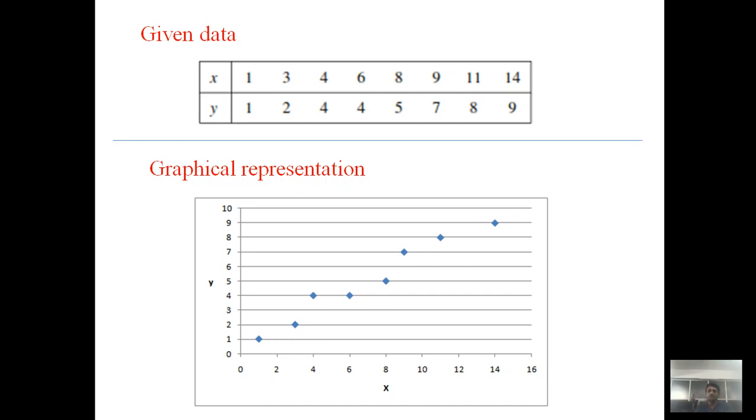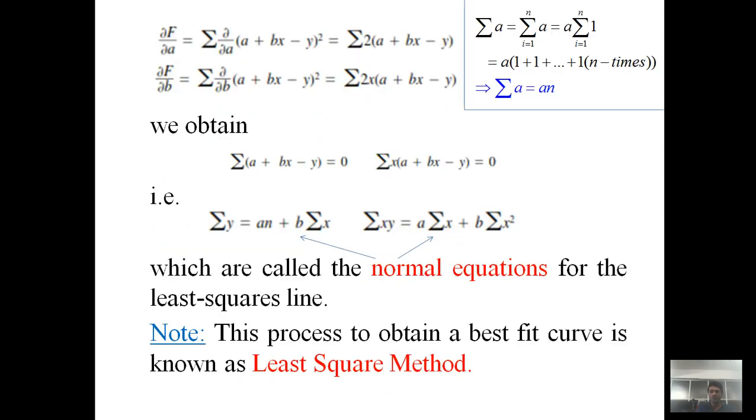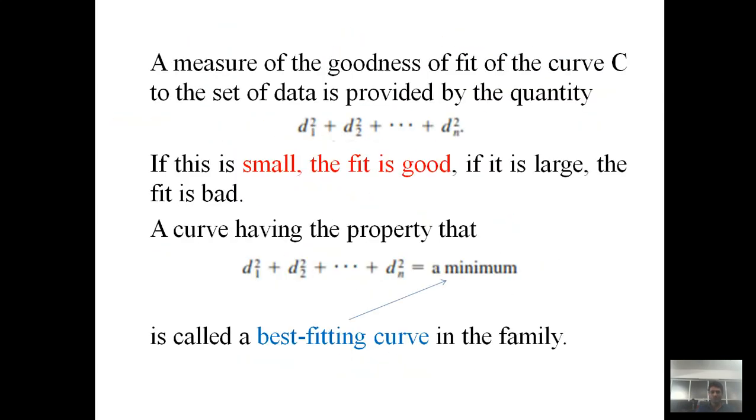We have to find the equation of the line that minimizes the deviation from each and every point. Remember, our aim is not to find the equation of the line which passes through or covers the maximum number of points. We have to find the equation of the line in such a manner that the sum of di square is minimum, because it gives the best fitting curve.